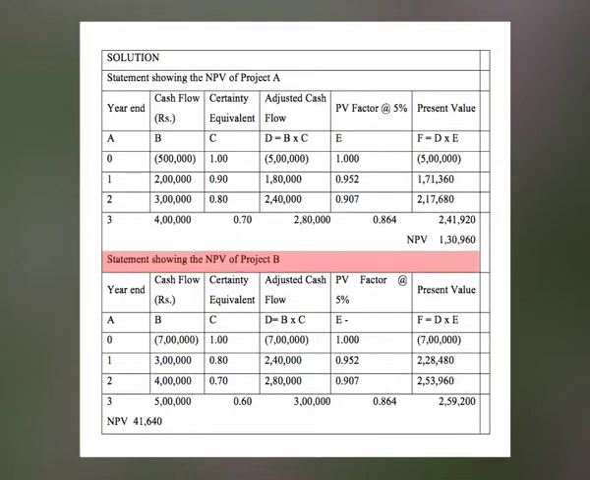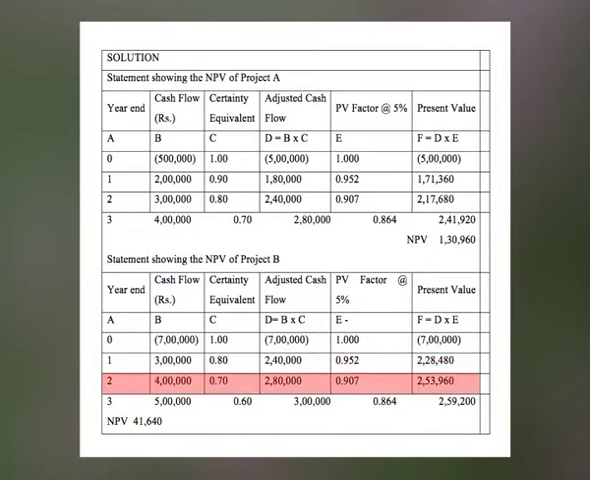Now we can see the statement which shows the NPV of project B. For project B, we have again the same number of years, 0, 1, 2, 3, and the cash flows. For year 0, it is minus 7 lakh. The certainty equivalent is 1. The adjusted cash flow is minus 7 lakhs. The PV factor at 5% is 1. The present value calculated is minus 7 lakhs. Then in the first year, we have 3 lakhs, the certainty equivalent is 0.80, the adjusted cash flow is 2,40,000, the PV factor at 5% is 0.952 and the present value is